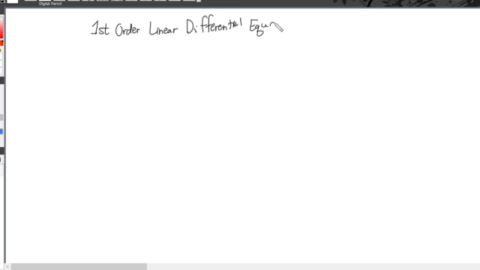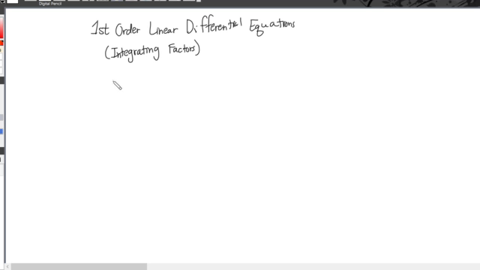And this first lesson will focus on how to solve them using integrating factors. And okay, so first thing is that